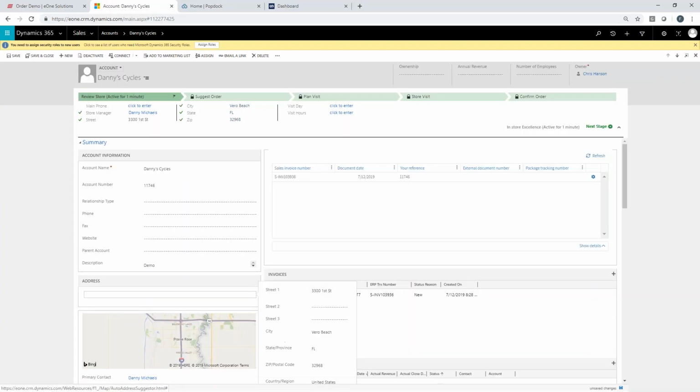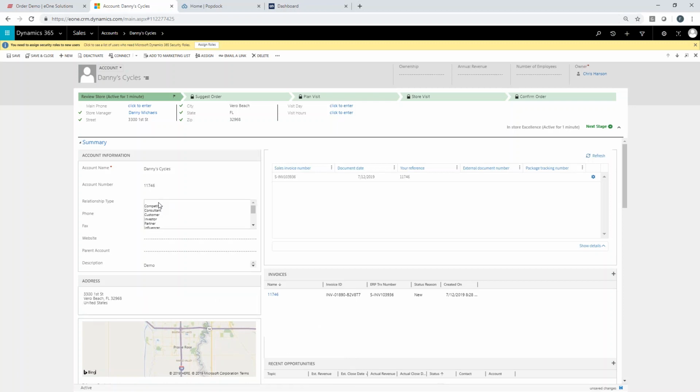We'll put them in Vero Beach, Florida today. That sounds great. And now this is going to trigger an integration to Business Central to update the address. But it hasn't done that yet because we built some criteria around this. So this is the first really big consideration I like to touch on when you're looking at integration and what